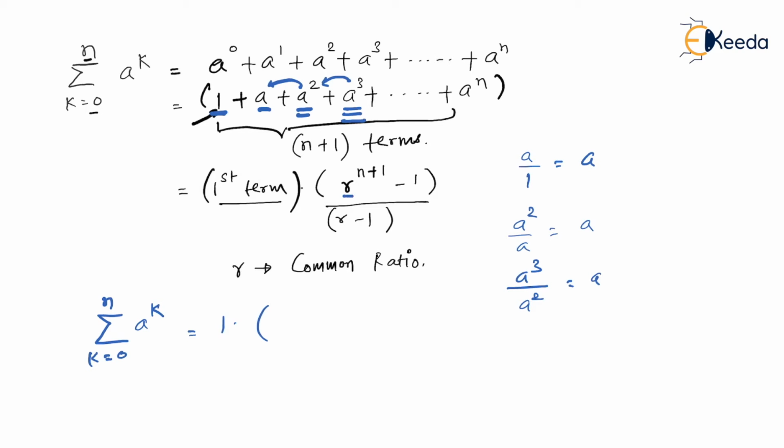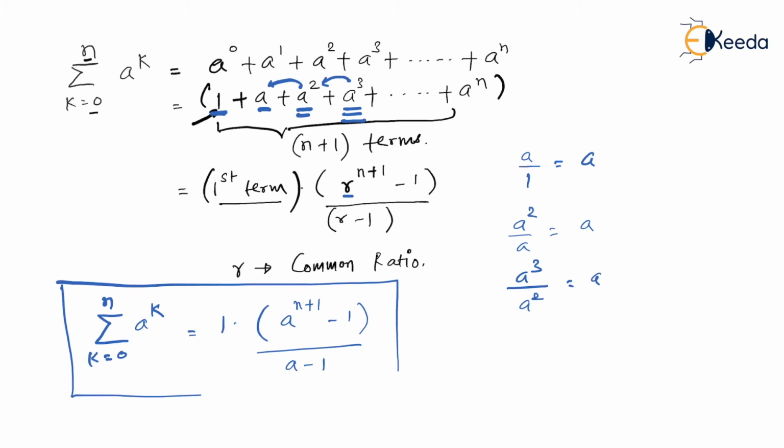Then it is r to the power n plus 1. R means common ratio. Common ratio is a in our case. So it is a raised to n plus 1 minus 1 divided by a minus 1. So this becomes a formula for approximating the given GP series instead of writing it in a lengthy expression. Alright. So this knowledge is required when it comes to convolution of the signals that we are supposed to do now.